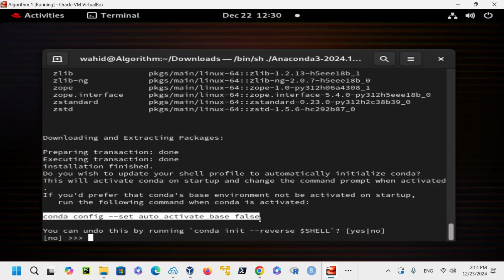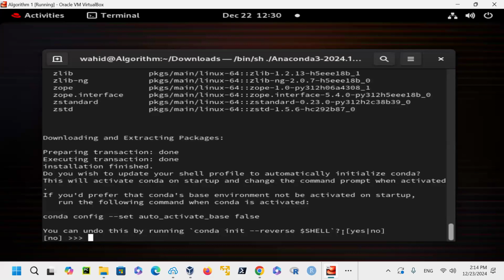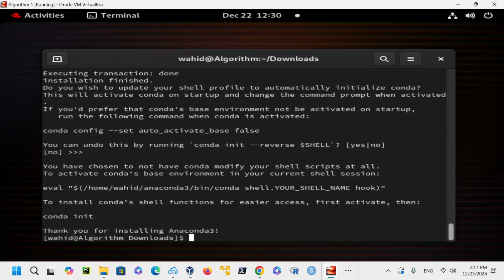But at the same time, we can always deactivate it. So you can either set this one now or later. You have the option, but let's just leave it as it is, the default one that they see that is there. You can do this by running conda init and then the shell. So I'm going to just take the default option of no. And then to install the conda shell function, or easier, this one, now it says thank you for installing it, and